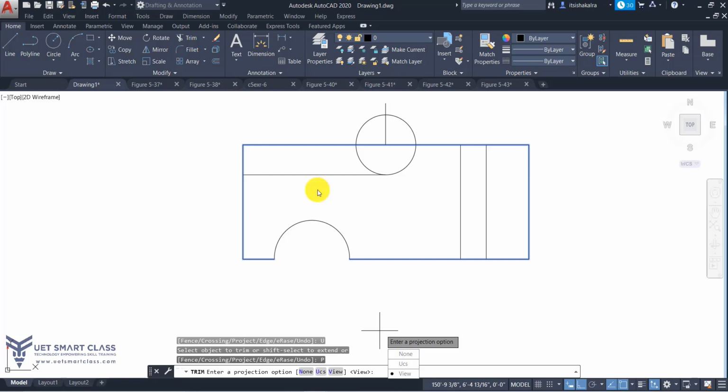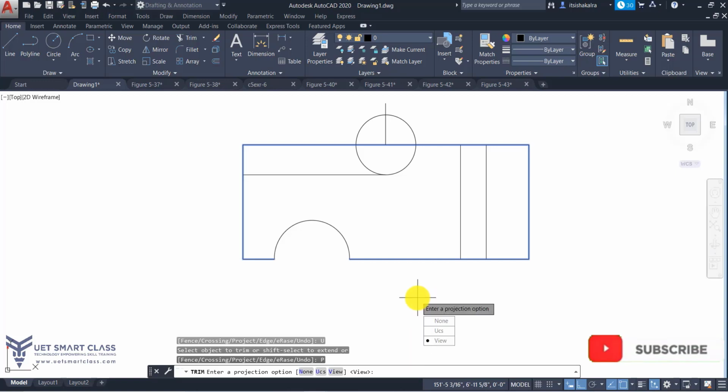If my dynamic UCS is on, then it will automatically capture in all of the views, in front view, in left view. But if it is not on, I have to change the UCS to different planes like XZ or YZ. Okay, so according to my view, I can toggle this project option in trim for using it in different views, with different UCS or in 3D space.